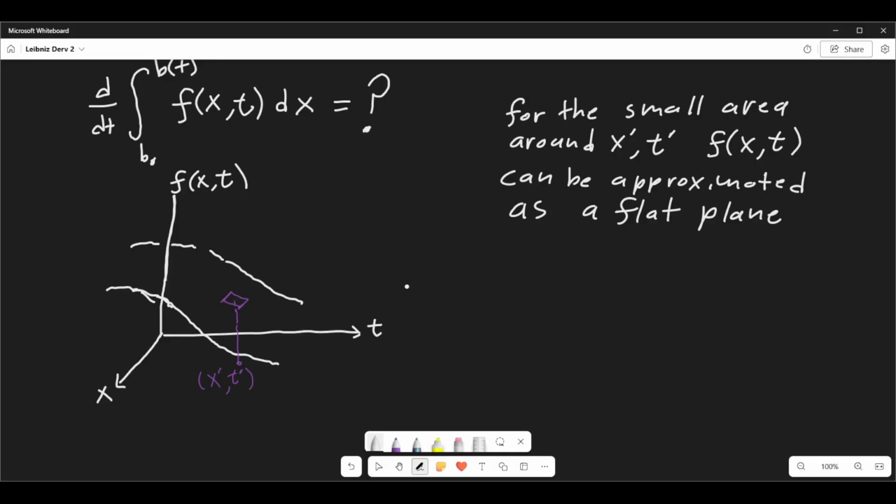This is assuming this function is reasonably well behaved, which presumably it has to be, or this calculation will break down, basically. So